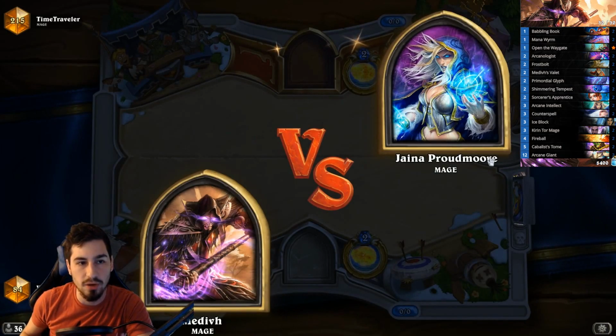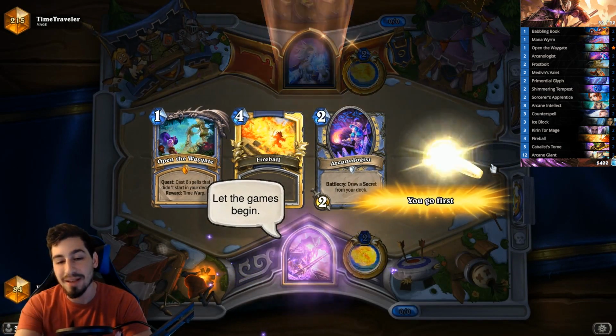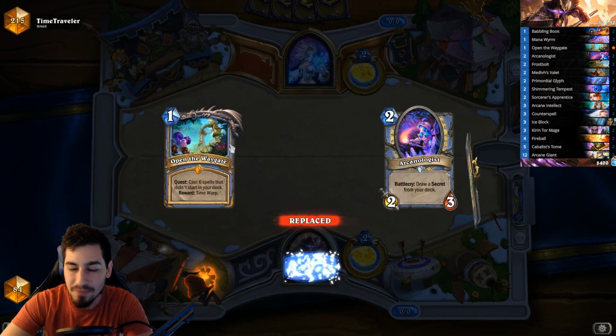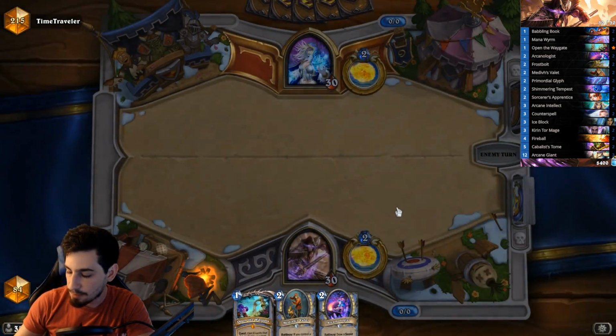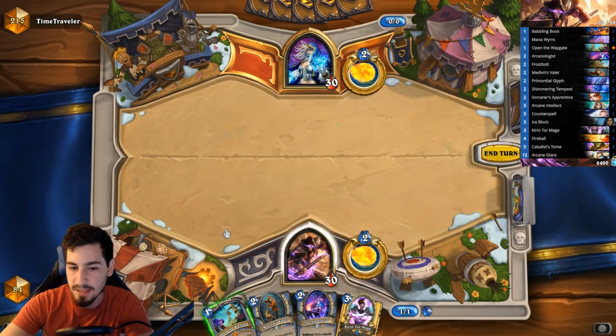Ooh, it's another mage, time traveler. So this is another mage. I've played this guy quite a bit, it's funny. I've played all of these players so many times already. So he's basically playing the Exodia mage, which is the same version of my deck, but instead of playing giants, he plays the Sorcerer's Apprentice, and he plays the